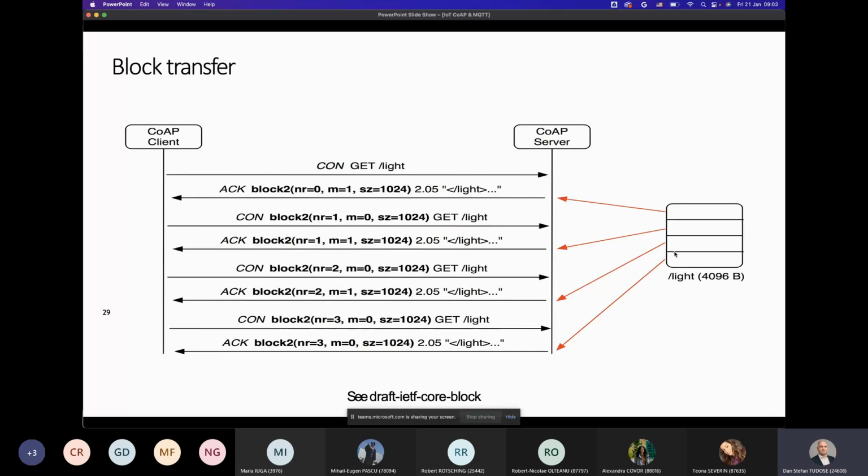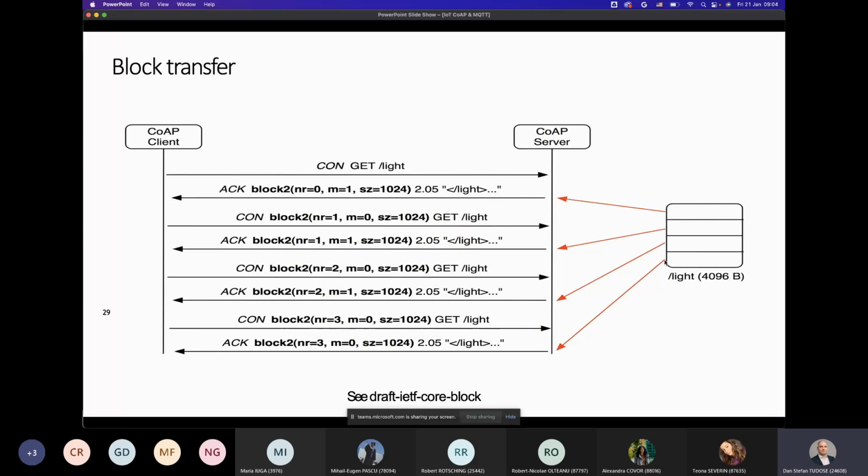You can also support block transfer through CoAP. So you have this scheme, for example, where a resource has a lot of bytes in size, so you can't actually send this entire resource over the CoAP network through a single packet. So what you do actually is you split the resource in individual blocks of 1024 bytes that you can send through messages to the CoAP client.